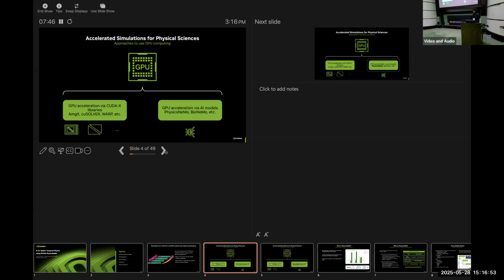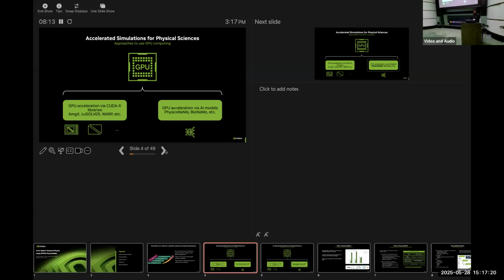So I'm going to talk a little bit from the spatio-temporal physics aspect, right? As we saw in the previous talks, we discussed a lot of ways in which NVIDIA is involved in accelerating some of the LLM research. But in general, from the physical sciences standpoint, we are working on accelerating these workflows through two different approaches.